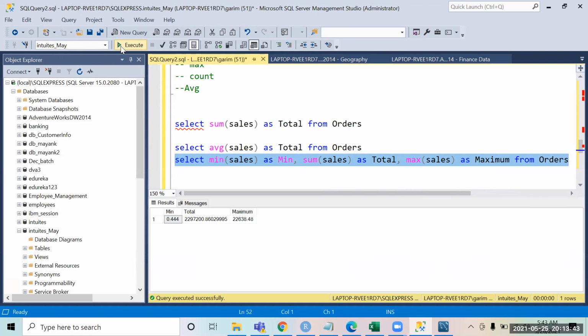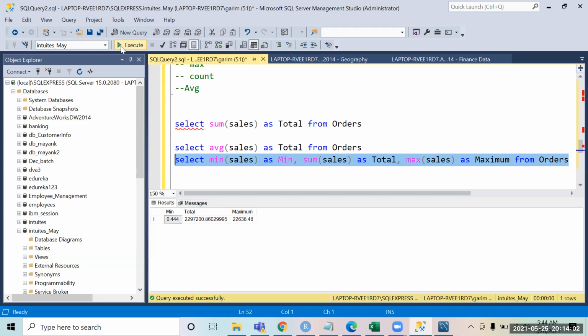Amit, I have a question. If we are going to find average sales and want to name it as average sales, can't we use a space in between average and sales? Is it allowed to put a space if I write as total sales?